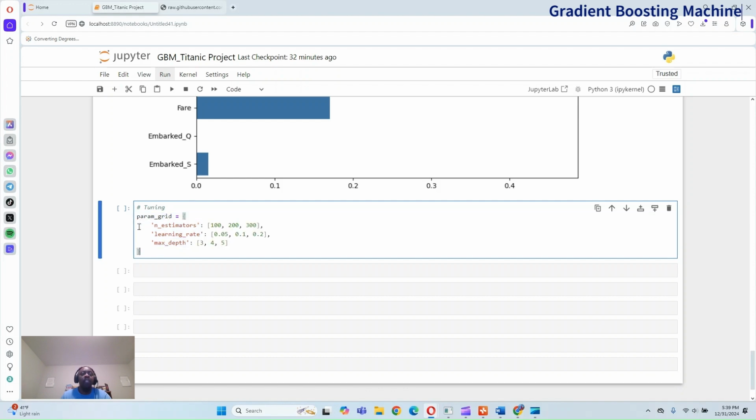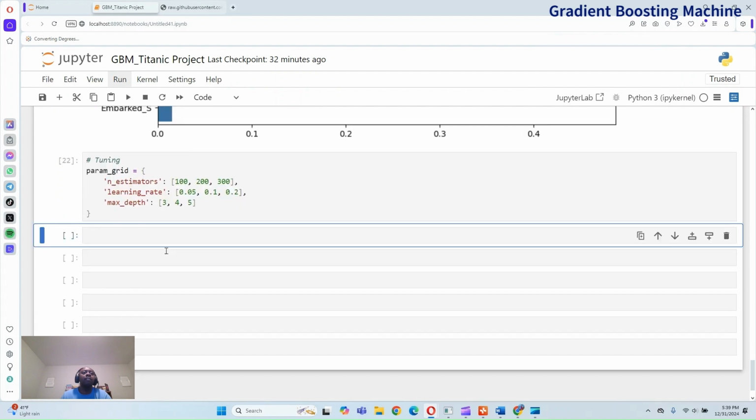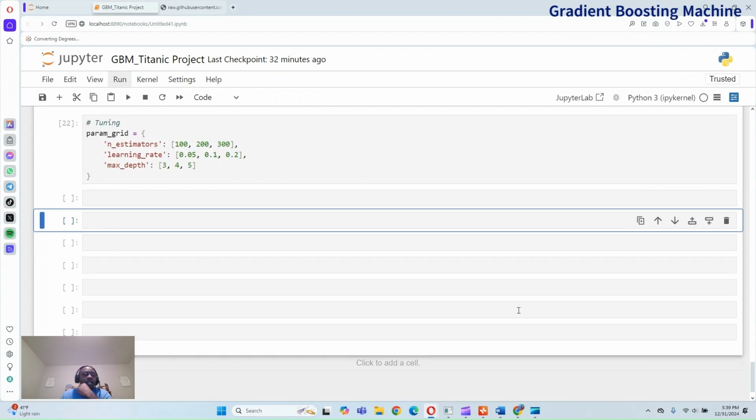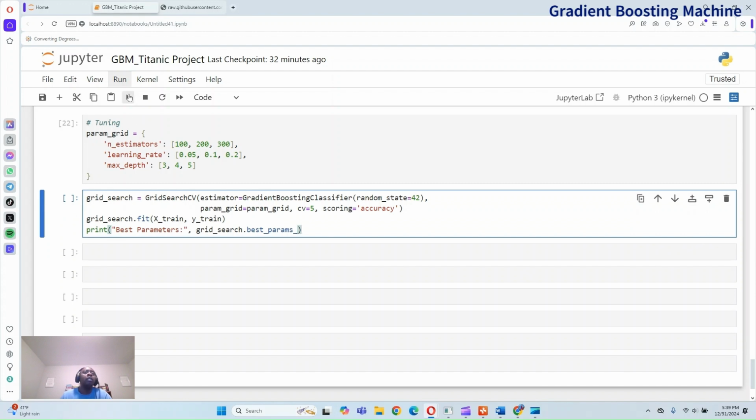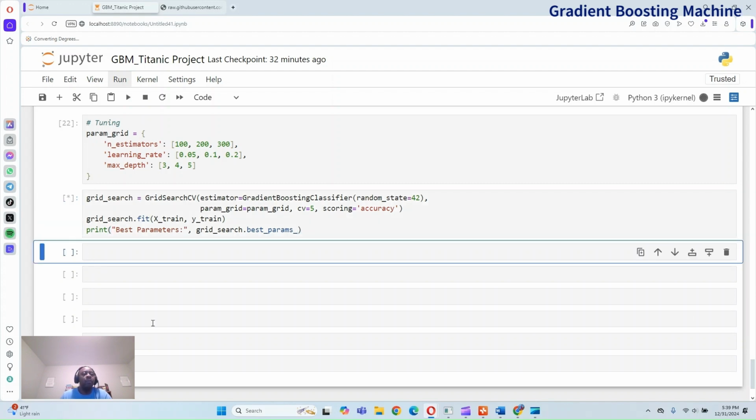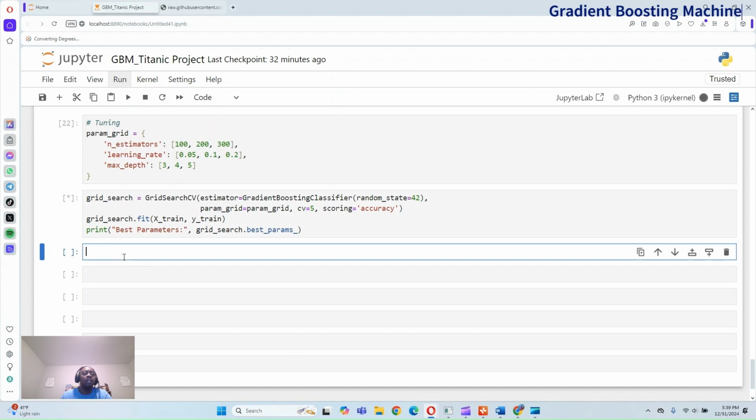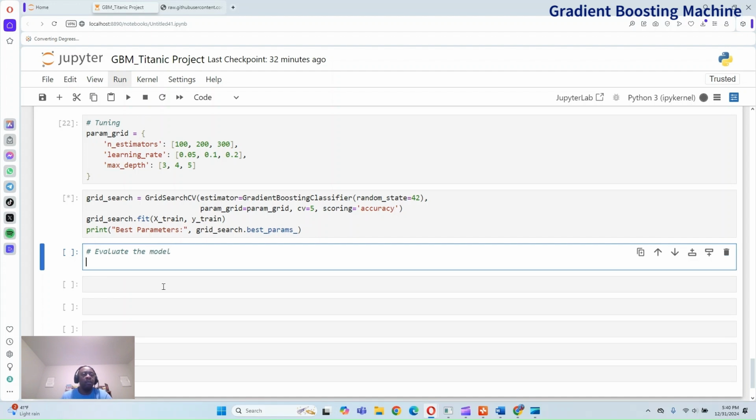I can increase the font size here. Perfect. And run this. And now what we want to do is to continue with tuning. So to save time. And also I want to evaluate the best model. So to evaluate the best model,